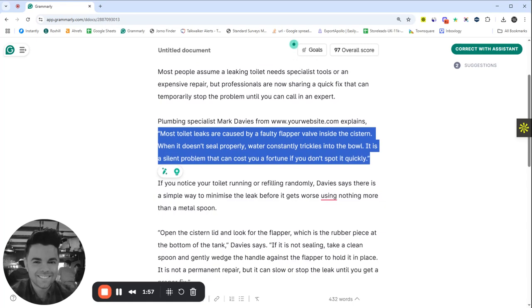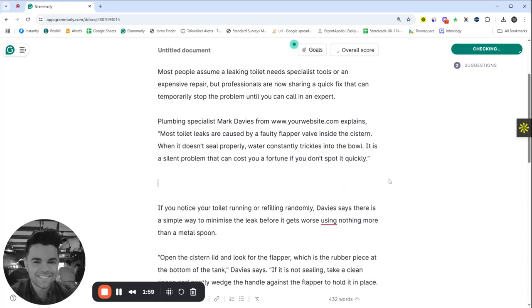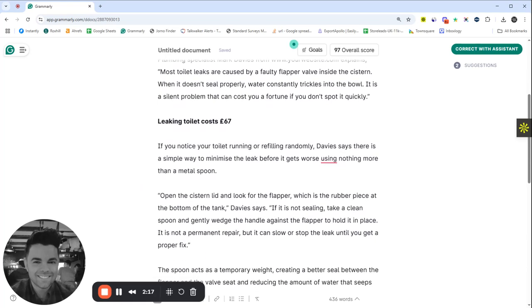We haven't done that here, but what you could do is just add a headline, toilet costs. That's a terrible headline, but as you can see, we then discuss something below, like how a leaking toilet can cost that much. And then the expert once again gives their quote.